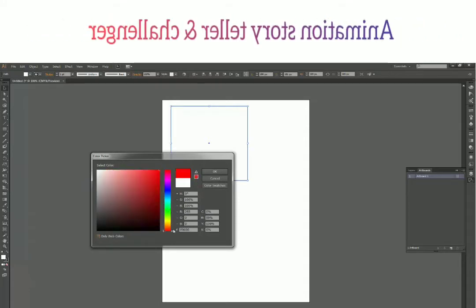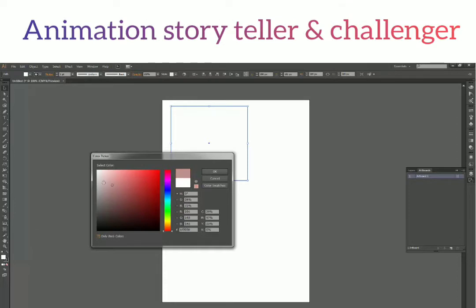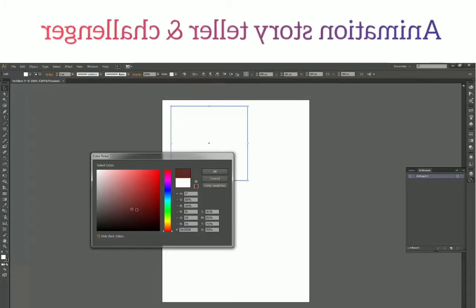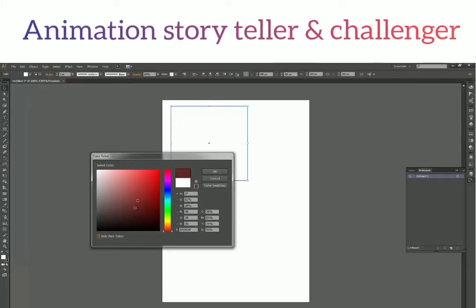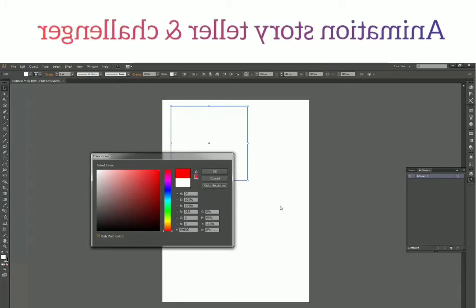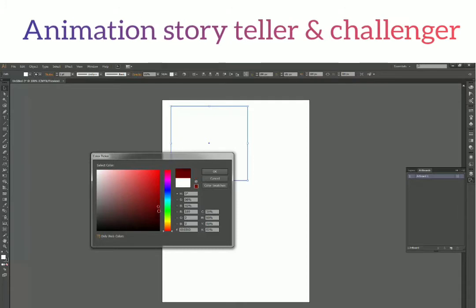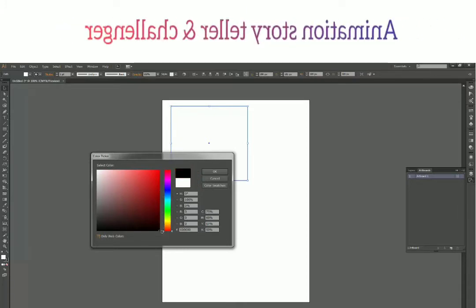On this vertical bar, if you move, it will change the hue. On this square, if you move, it will change the brightness and saturation level, or you can say the purity and brightness. You can change those values from here. If I'm going for pure red, I can go here. If I want to reduce the brightness, I get to absolute dark over here.